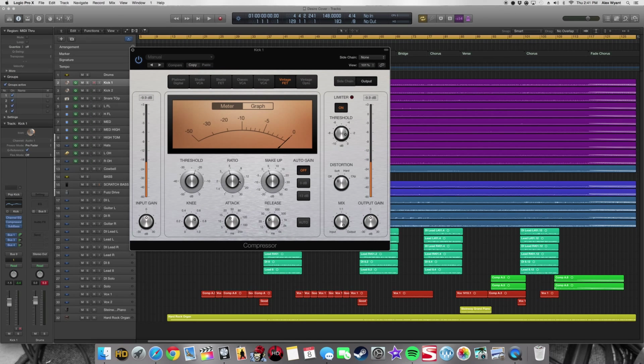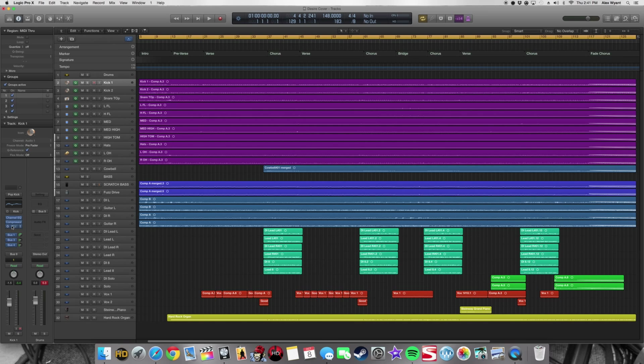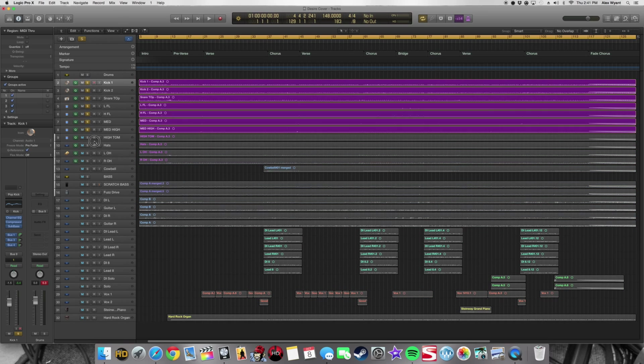A lot of these settings are probably close, like the ratio is probably the same that it was. I don't know. But then you adjust threshold and all that. And I added a sub bass, and all the sends are mine, and it doesn't really do sends. So that being said, I'll show you what my drums sound like